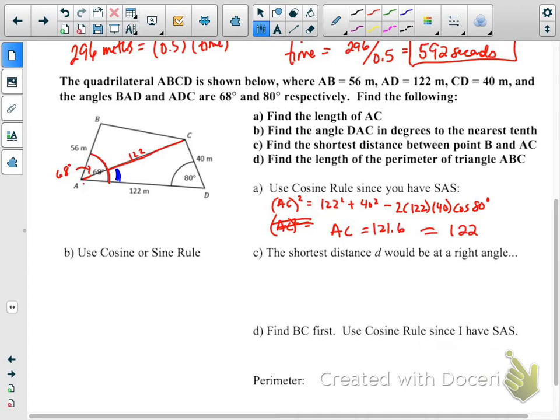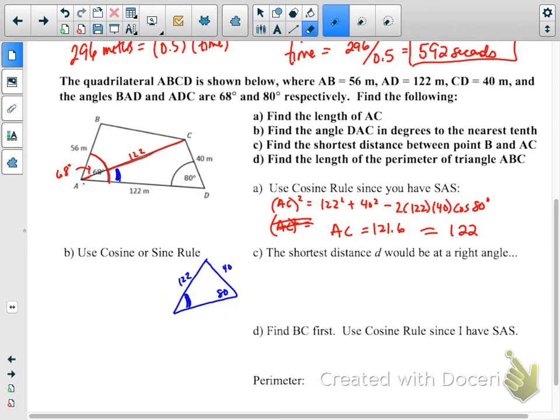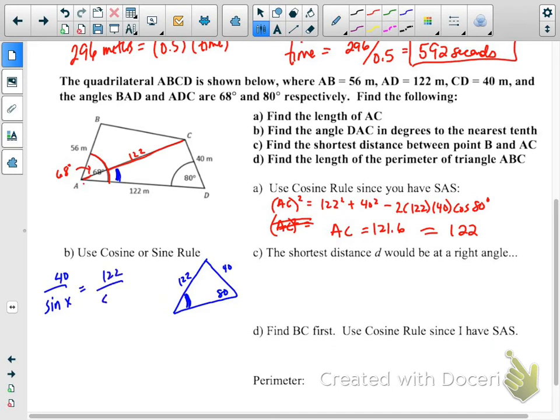So let me draw this out here so you can see what we're dealing with without all the other stuff going on. So 80, 122, 122, 40, and then my angle. And actually, let's get rid of this because we don't need that number right there. Okay, so I've got 40 sine of, let's just call it x, okay? But that is going to be DAC, but that's a lot of letters to write,